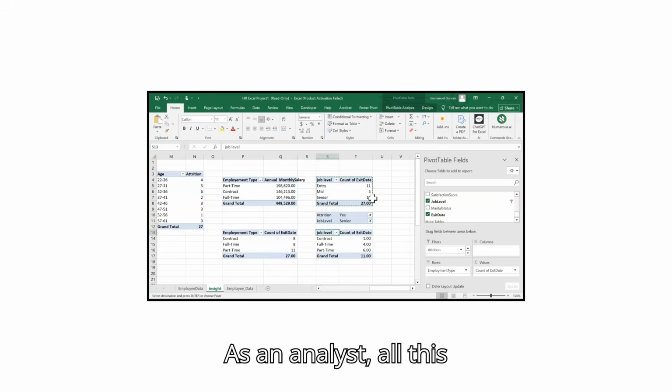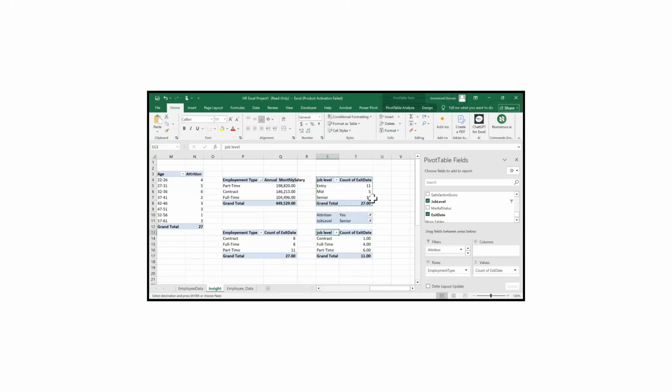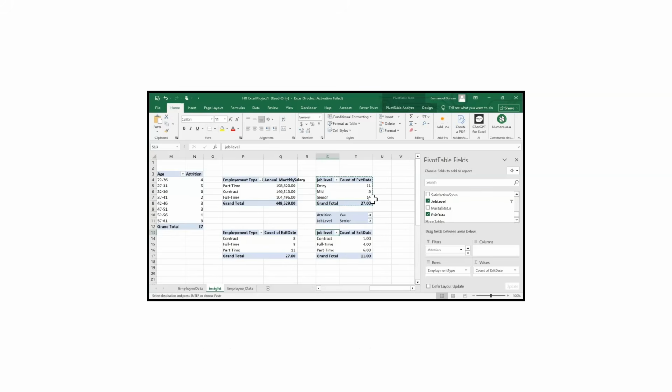As an analyst, all this informs you to know what must be done. On a normal level, when you look at the data and what's happening in an organization, you can just make a mere guesswork that, oh, you think that if the people that we employ as part-time people should be reduced, we can save costs. But what shows? What evidence do you have? Because